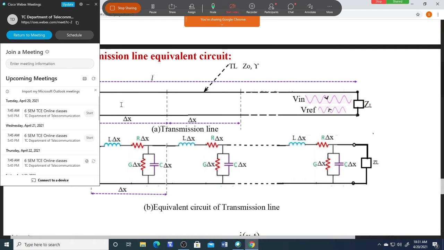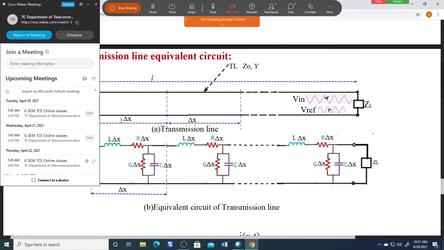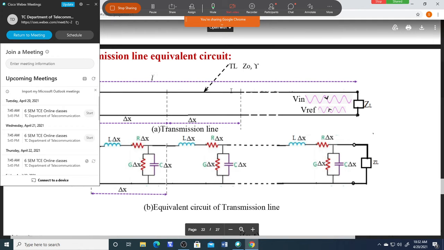Impedance at any position depends upon the voltage here. The voltage you measure here is the addition of these two waves. Similarly, take a current ratio. Current is also the addition of the incident current and the reflected current. Take a ratio of those two, and that gives the impedance here. So impedance also changes here.